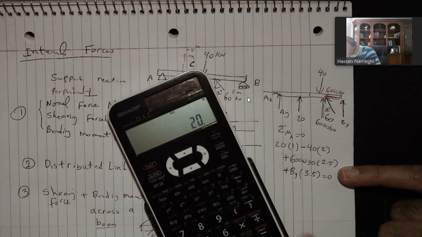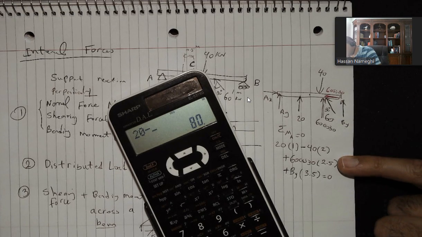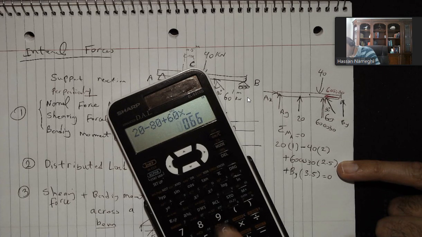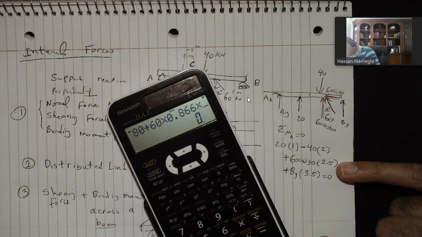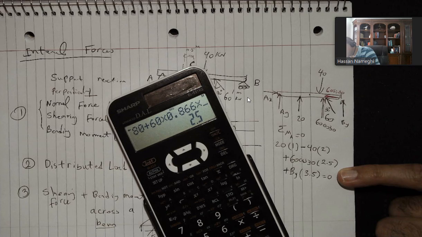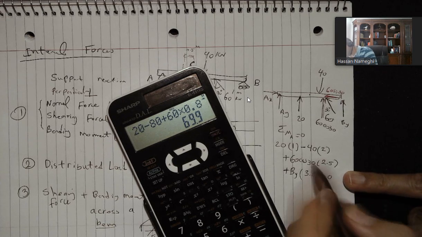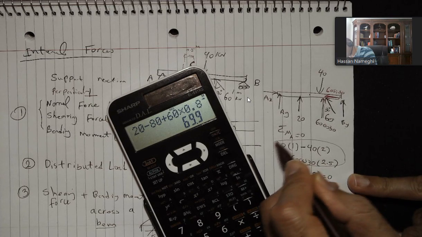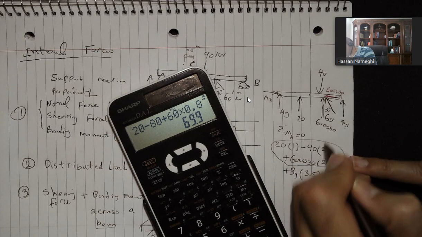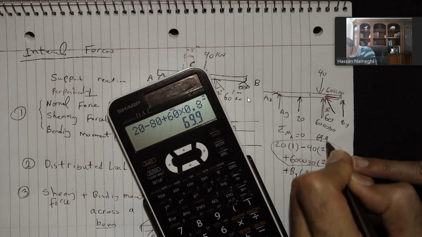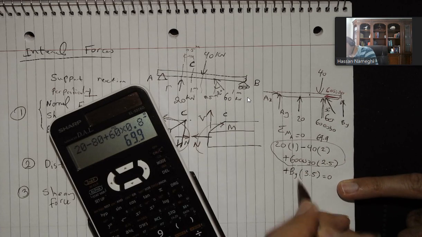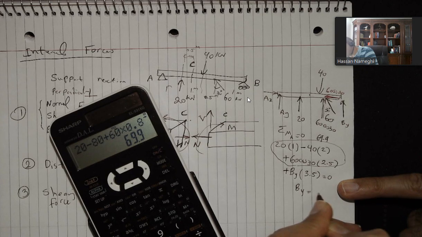So 20 minus 80 plus 60 times cosine 30, which is 0.866, times 2.5. So I'm going to get 69.9 for this part. This will be 69.9. Then if you want to find By, By will be equal to negative